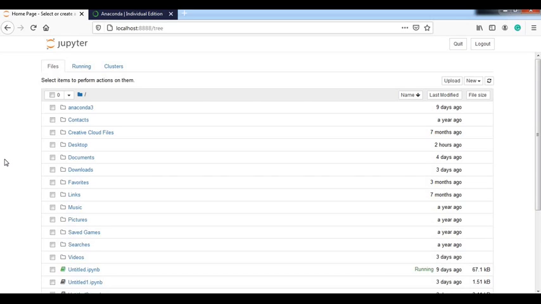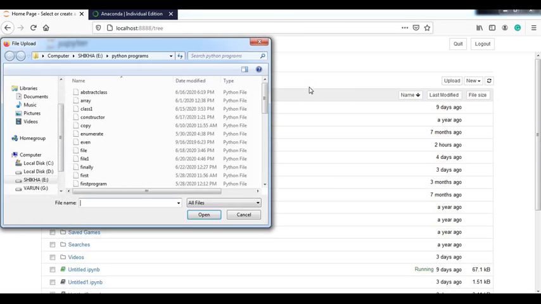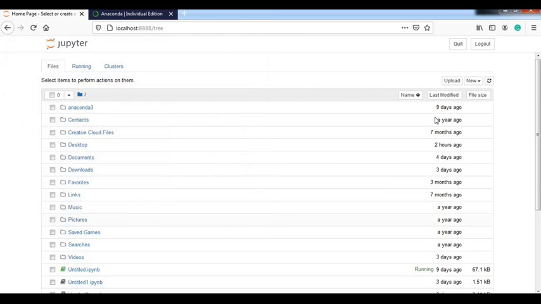Actually it gives us a comfortable environment for maintaining the code. So let me show you how it works. Here you see the old folders are shown. If you already have a file designed, then you can upload and use that particular file. Otherwise, if you are working for the first time, then you have to click New and select Python 3.